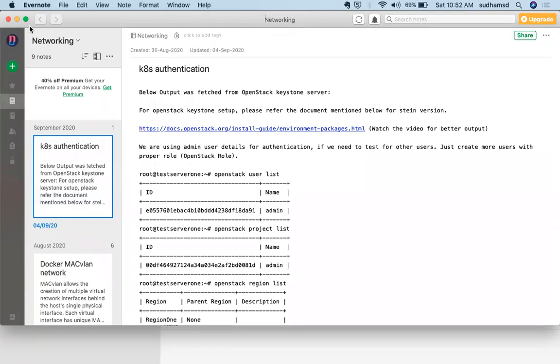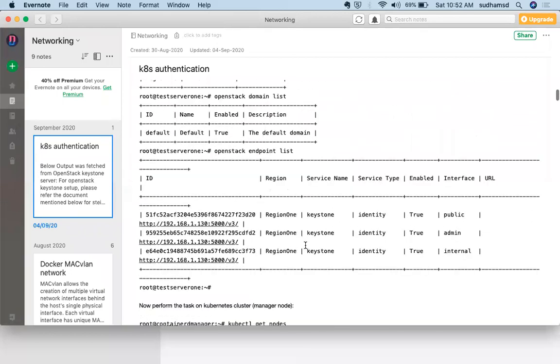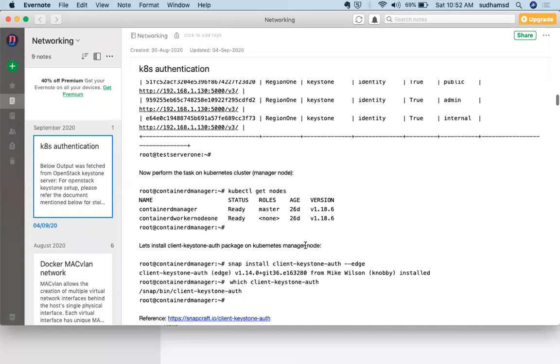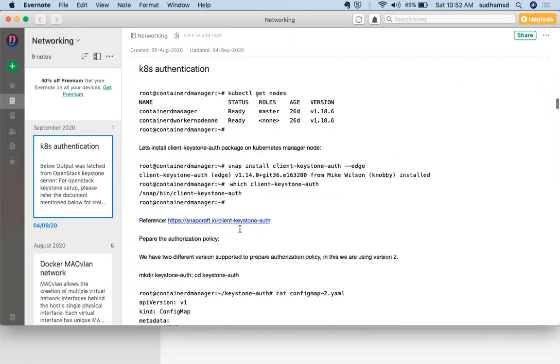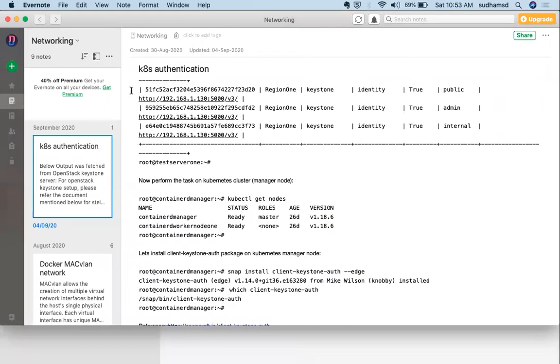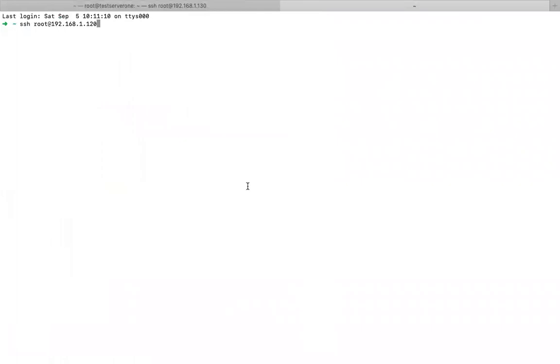The only thing is to watch the video and replicate it. You can see in the document, I gave the links you need to follow for the OpenStack setup, and I said to watch the video for better output. These are a few commands which I gave as output for reference. And this is the Kubernetes setup which we are doing right now. It is not that tough actually. So let me log in.